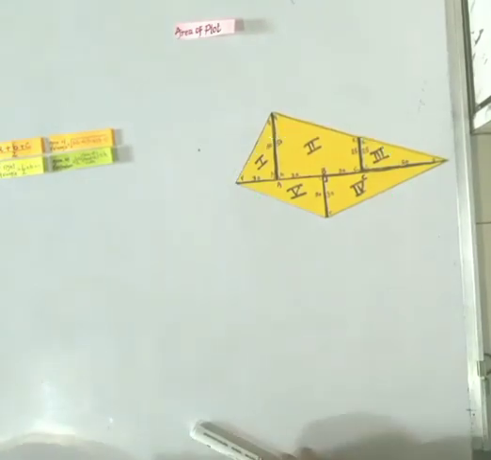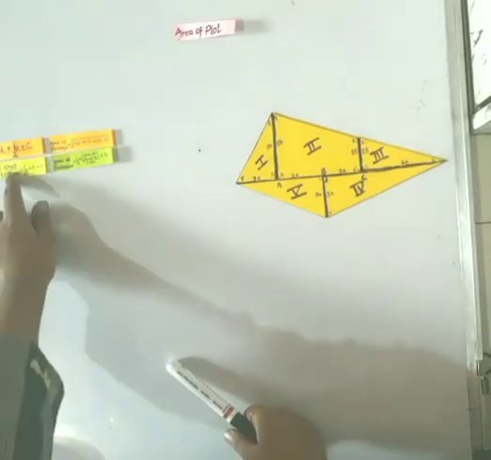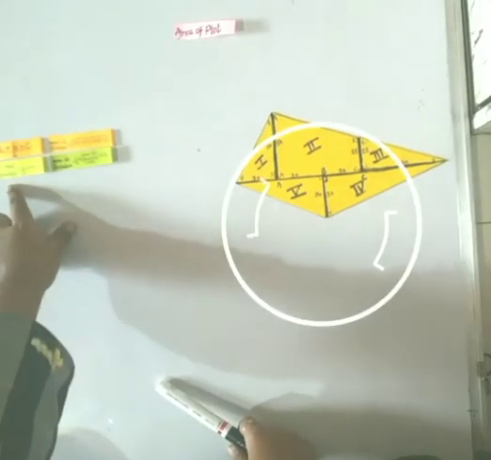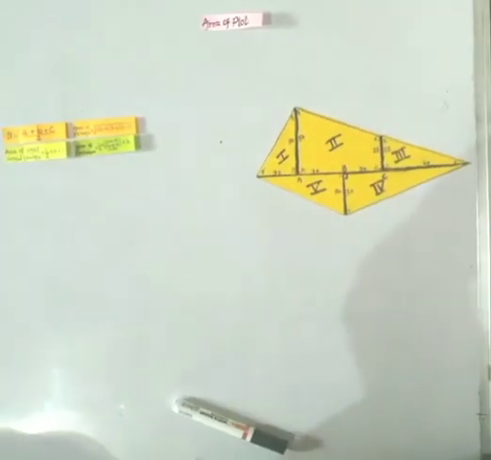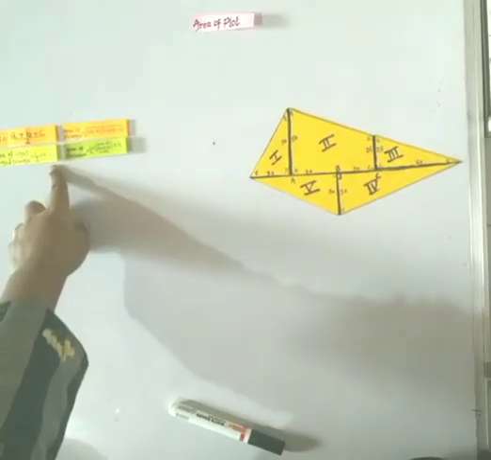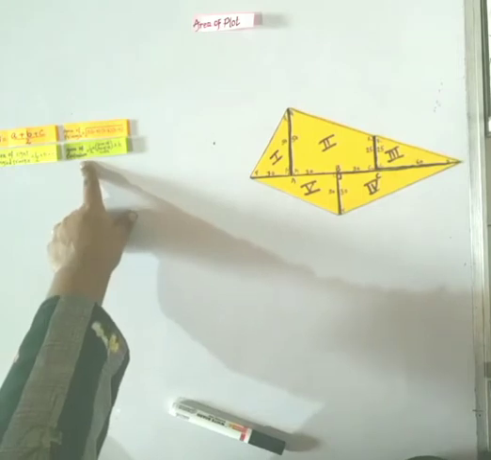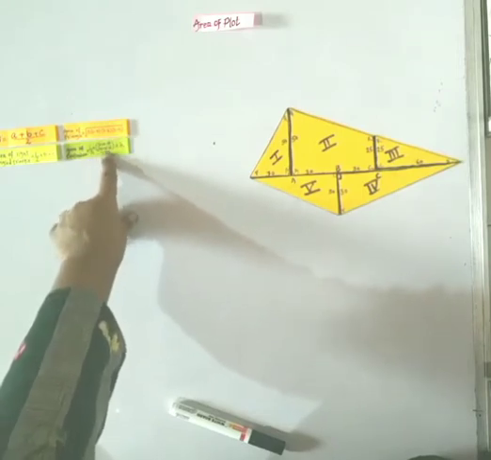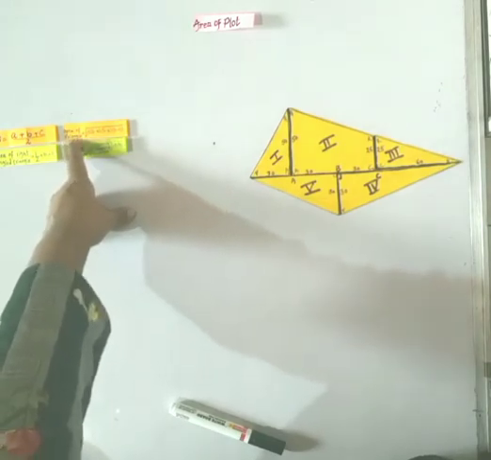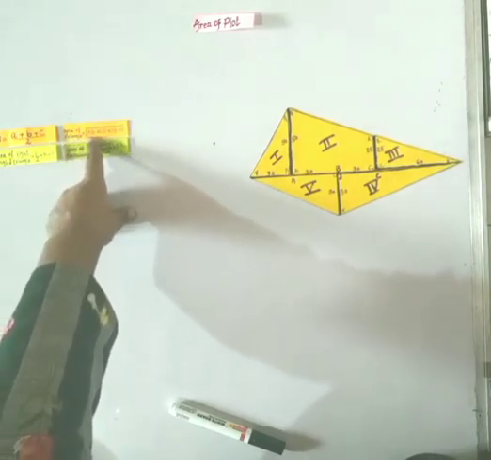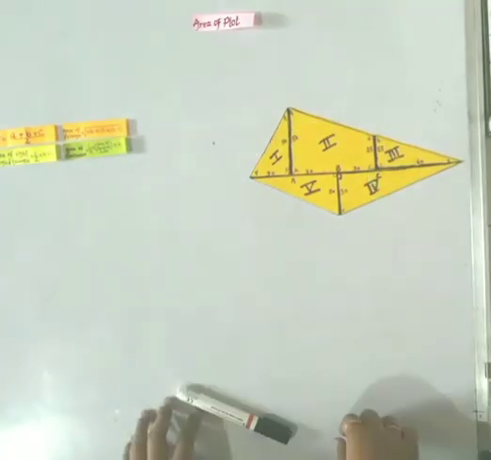Okay, so let's start. I have already written here the formulas to find the area of different shapes. If the triangle is a right angle triangle, then we will find the area by using the formula 1/2 into base into height. If the shape is trapezium, then to find the area of the trapezium, we have the formula 1/2 into sum of parallel sides into height. And if the triangle is other than a right angle triangle, then we will use Heron's formula to find its area, that is under root S, S minus A, S minus B, S minus C.